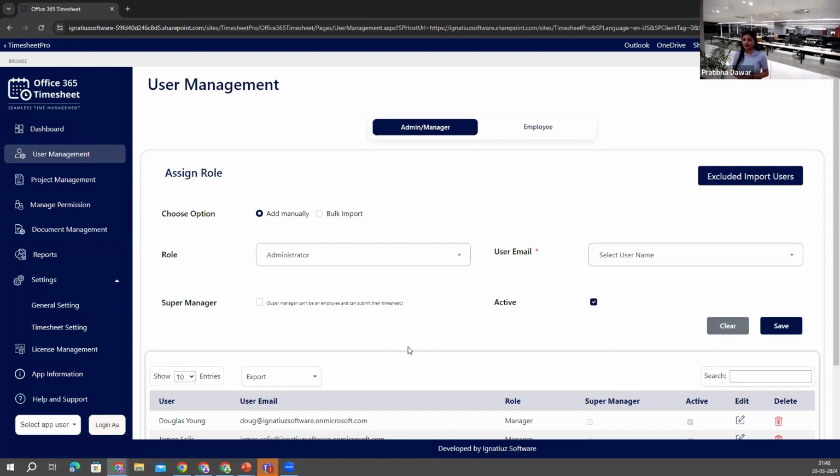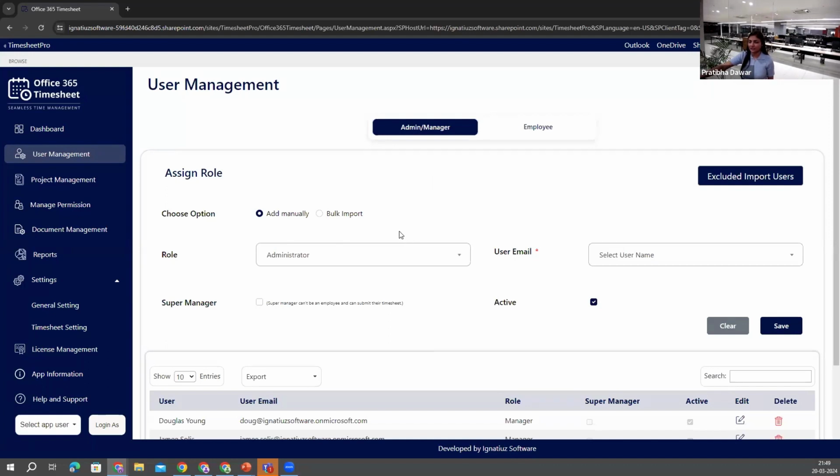Previously, if the admin needed to create a user and assign different roles to the user, they needed to be redirected from one page to another page again and again, and that was quite a time consuming process. So to avoid this multiple loading, we have introduced a tab feature. So it is very easy to switch from one page to another page. So it is very quick. So once the admin creates